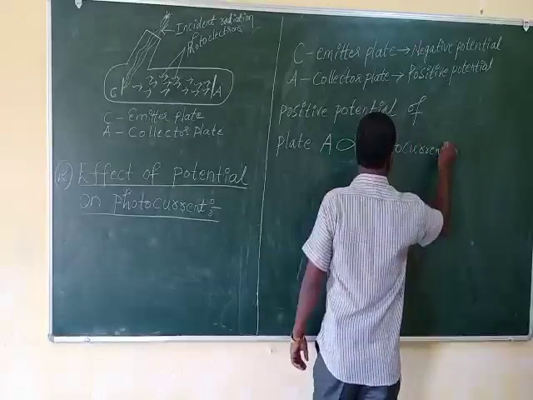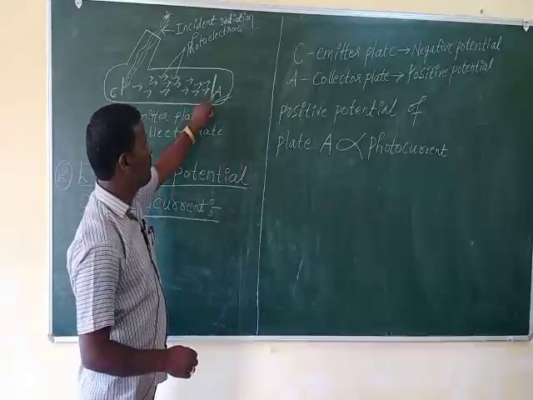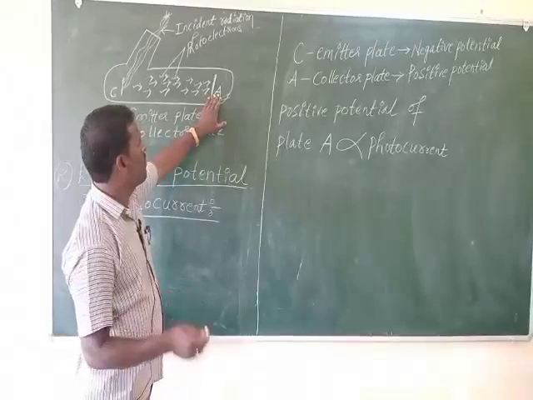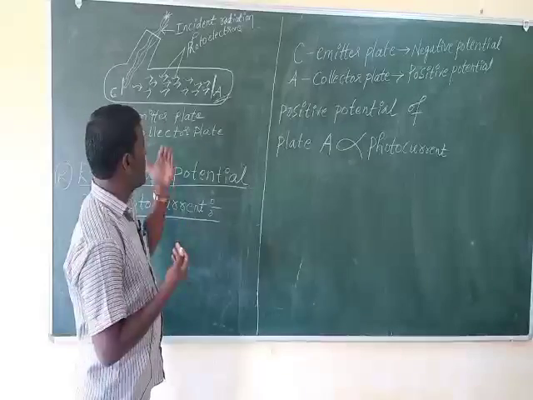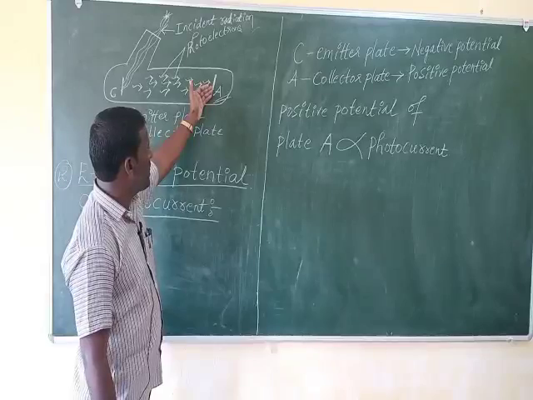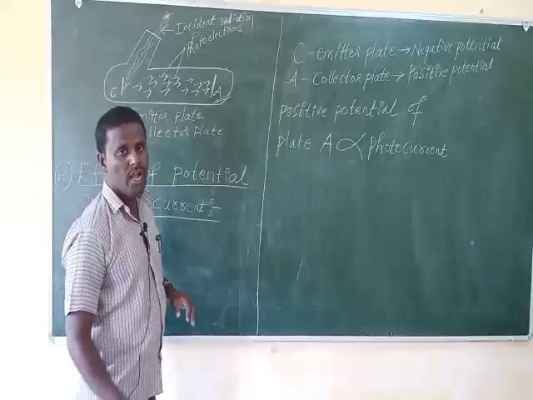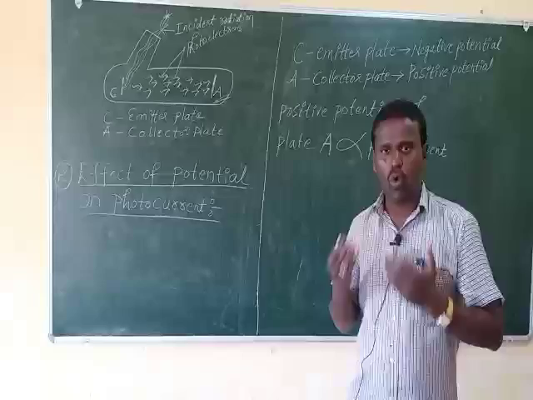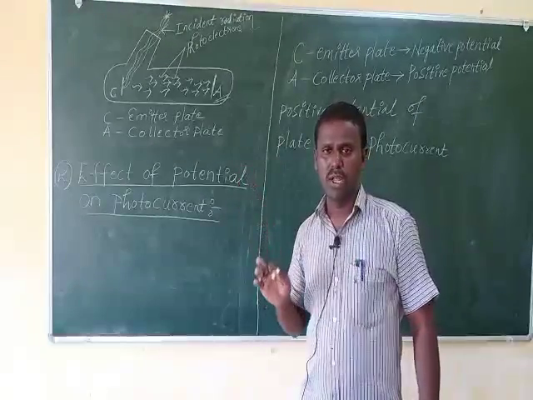So if this plate is made to have a more positive potential, or if the positive value of potential to the plate A is increased, then the photocurrent increases, because it collects more number of electrons. If the positive potential value is increased in A, it starts collecting more number of electrons and more value of photoelectric current flows. And as you go on increasing the positive potential of A,